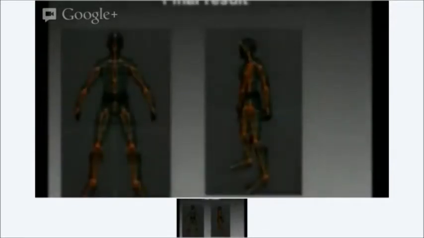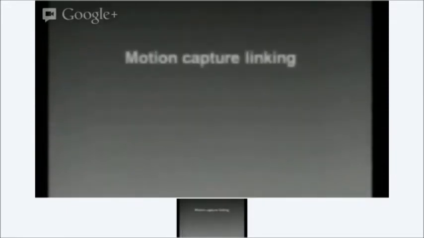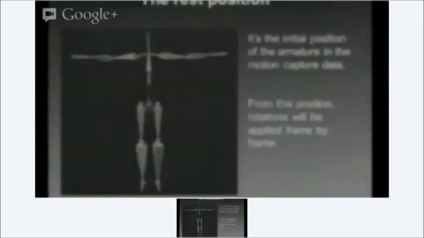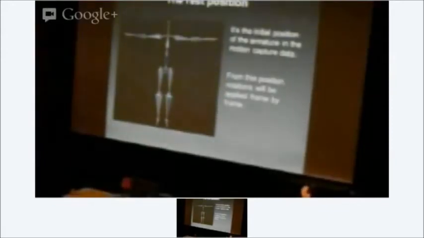Okay, so here is the final result. It's a fully rigged character, and it's the end of our method, but we decided to make a plugin to show it, and to have something really interesting. What we had to do is link it with motion capture. Motion capture is actually only a file that has an armature and bones, and for each frame of the animation we're going to have rotations for the bones.